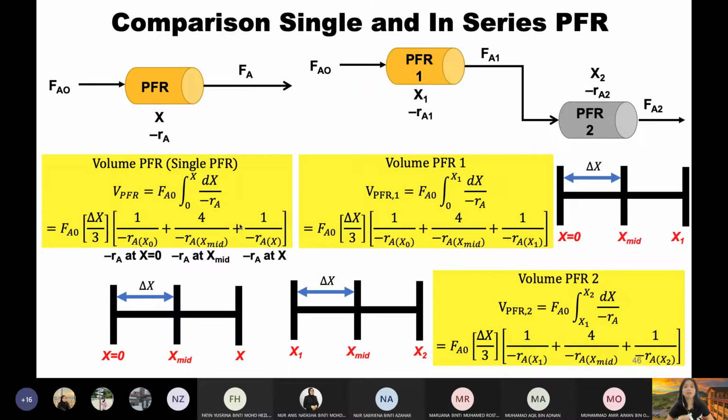So the gap tu gap apa? Is the difference or the gap or the julat between the initial x to your middle x or atau your middle x to your final x. So contohnya katakan your initial x is 0, okay. Katakan your final x is 0.8. Hence your middle x 0.4 kan? 0, 0.8, middle x 0.4. Delta x is 0.4 minus 0, which is 0.4, or 0.8 minus 0.4, masih 0.4. So your delta x is 0.4.